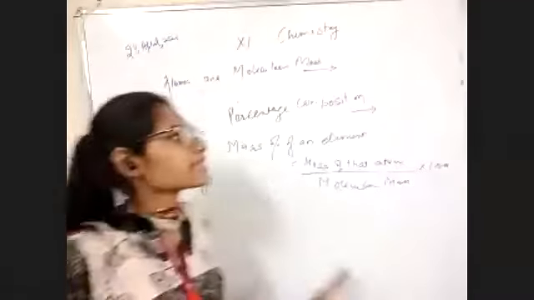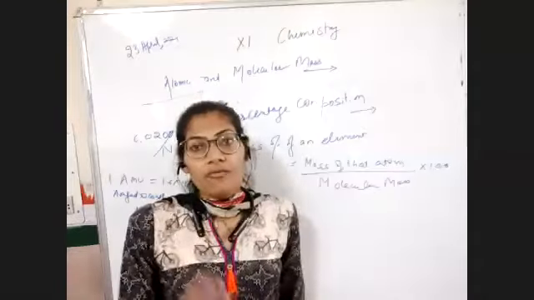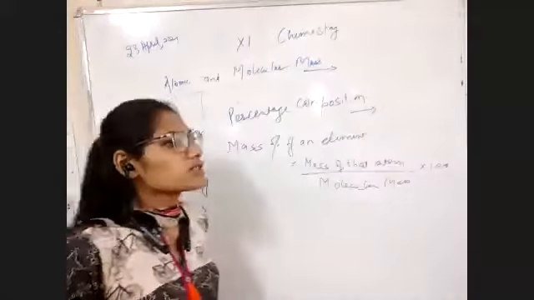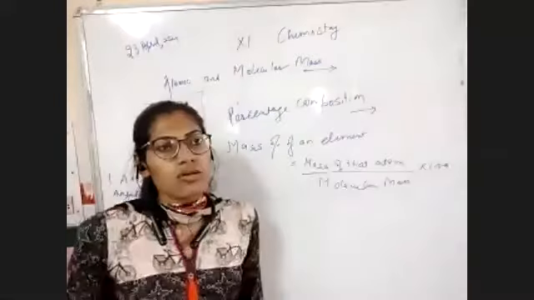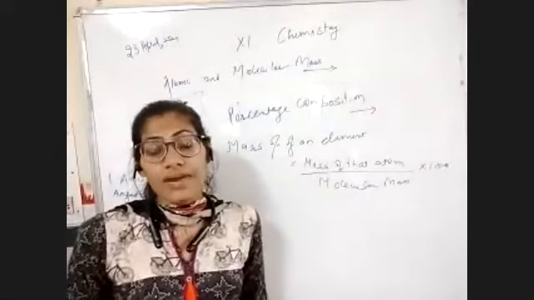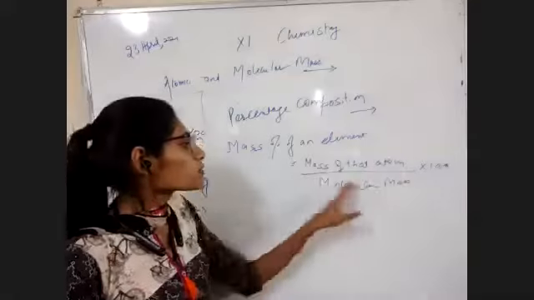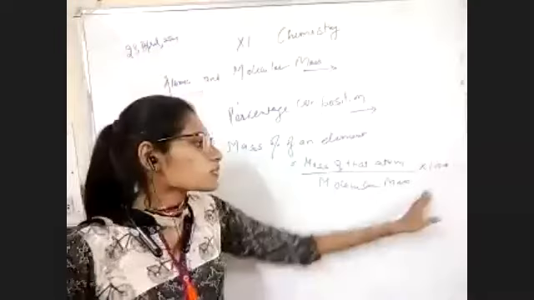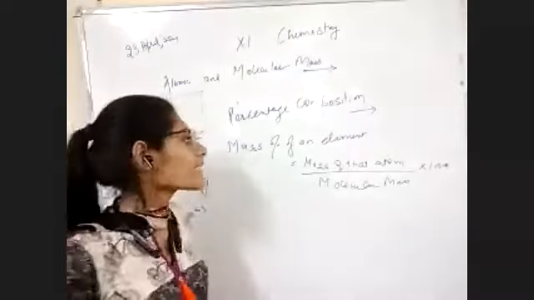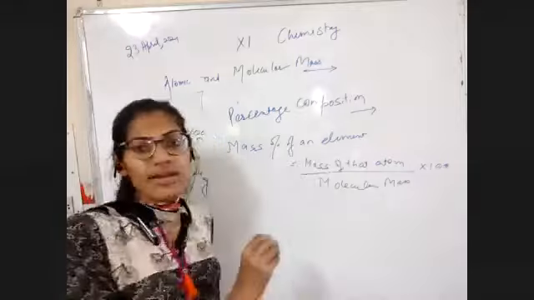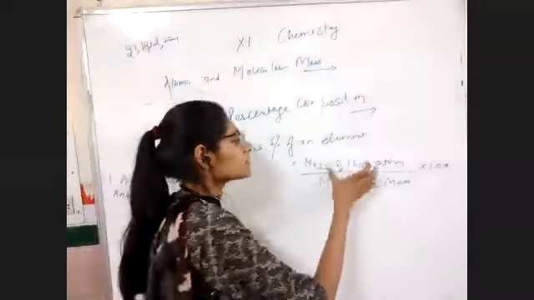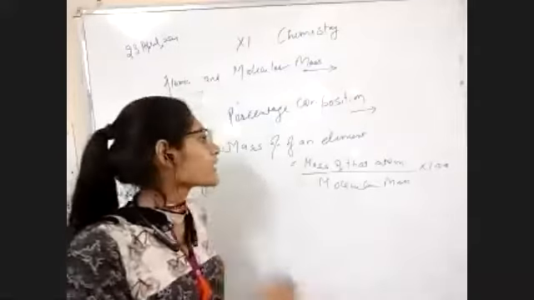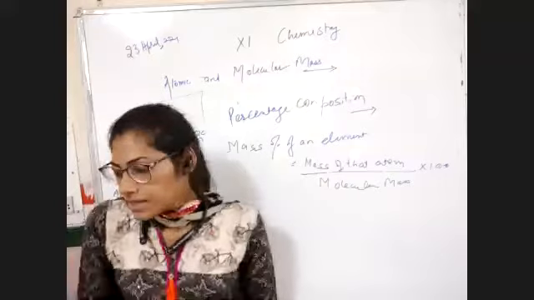And as you have studied in your 5th or 6th class, when we need to calculate a percentage, suppose we are calculating the percentage of our final marks. How can I do it? We take the marks received divided by the total number of marks into 100. Same as that, if we have to calculate the mass percent of a particular atom, we need the mass of that atom divided by the mass of the whole molecule. This is known as mass percentage. Okay, let's take an example.